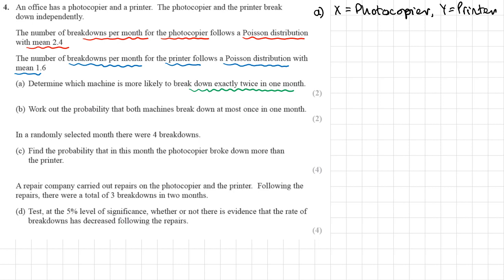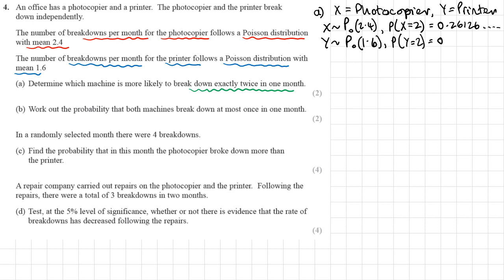So starting with the photocopier, that's a Poisson distribution with a mean of 2.4, and we want to find the probability that there are exactly 2 breakdowns in a month. From the calculator, that's 0.26126. And then for the printer, that's a Poisson with a mean of 1.6, and the probability that Y is equal to 2, and that gives